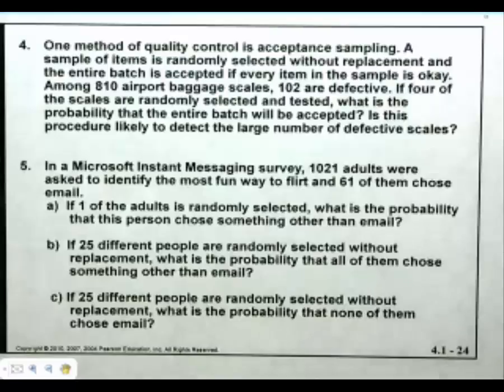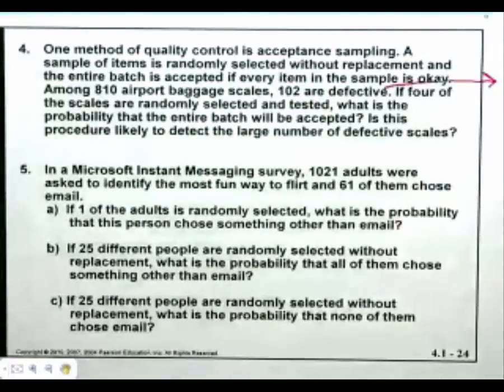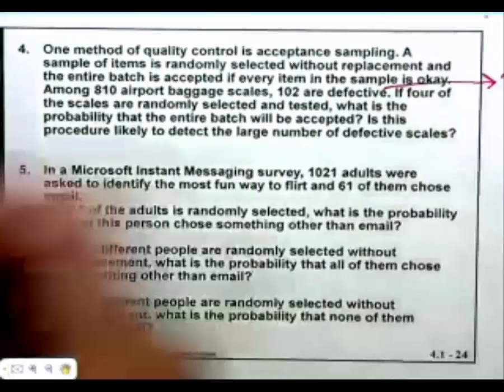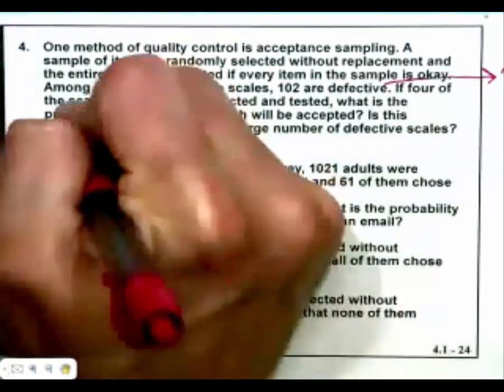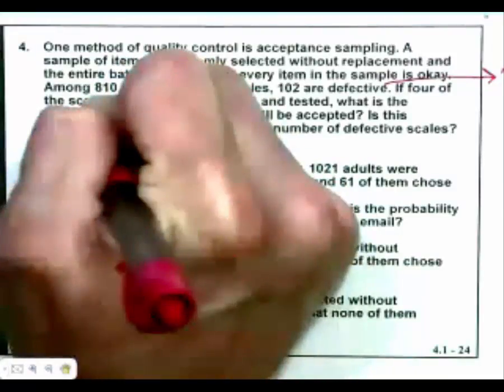If I ask for a probability that one is accepted and you say 102 divided by 810, you got the right answer to the wrong question. You just told me the probability that one is bad. So how are you going to get the probability that one is good? That would give you the number of good ones. 102 defective means there are 708 acceptable. And so the probability that the first, I'm just going to say probability of acceptable,